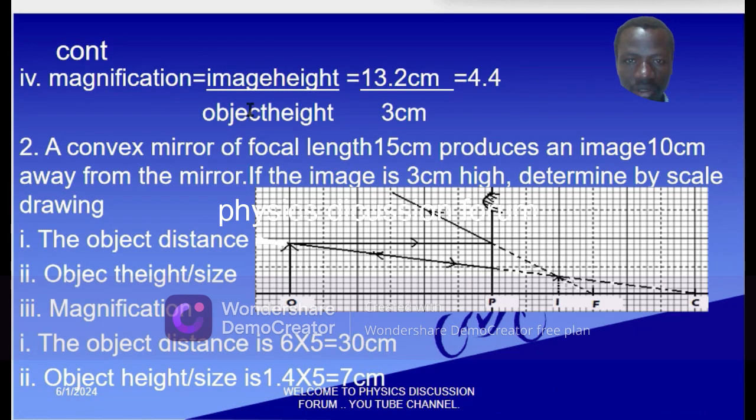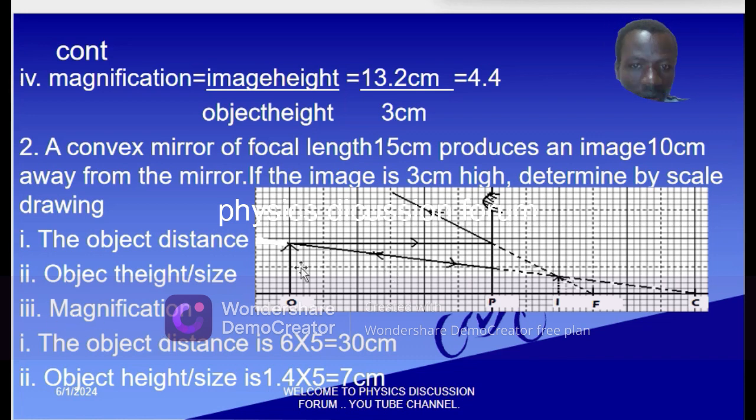Then the magnification. The magnification is the image height to the object height. So when you substitute that one, you get 4.4. A convex mirror, the second one: the convex mirror focal length 15 centimeters produces an image 10 centimeters away from the mirror. If the image is 3 centimeters high, determine by scale drawing the object distance, object height, then the